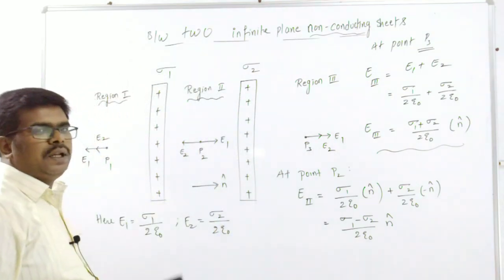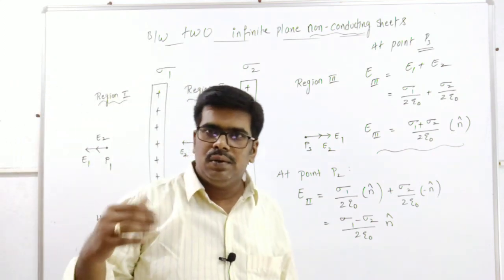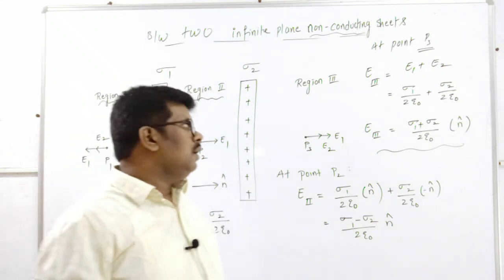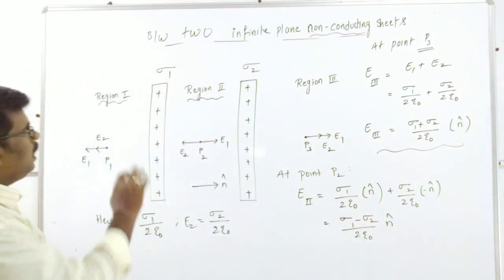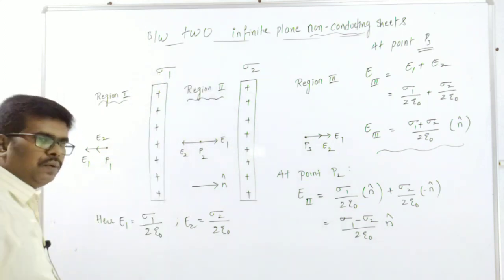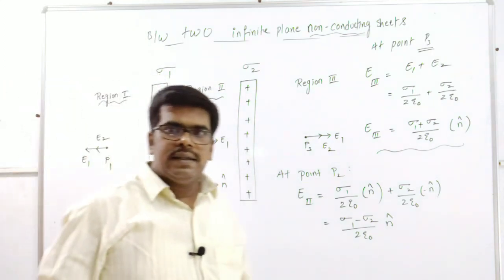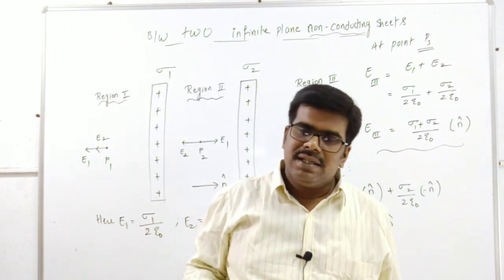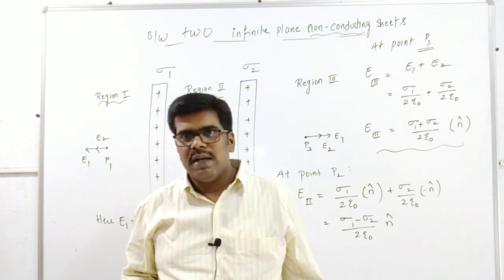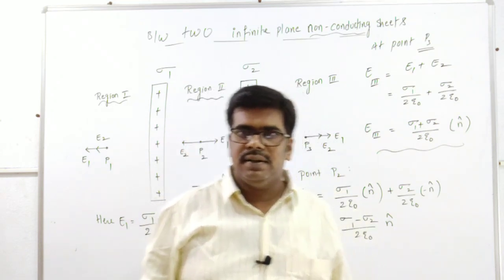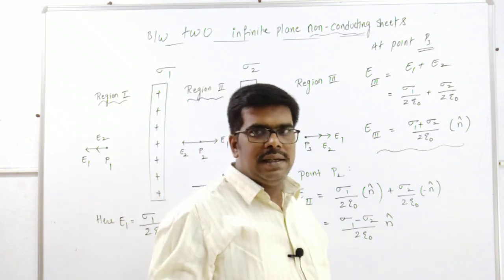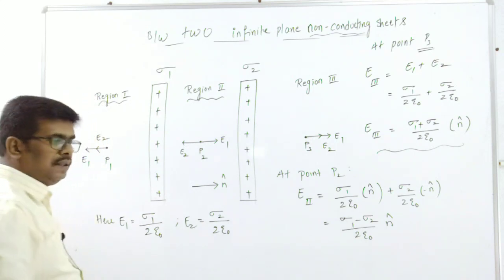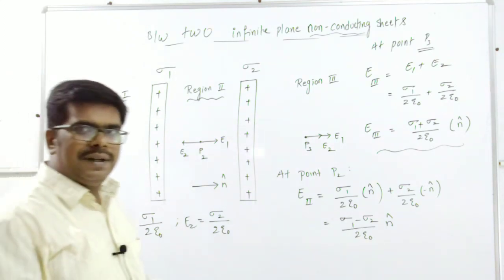So like this you need to determine the electric field intensity due to infinite charged non-conducting sheets. Later we will go for different charge densities. In case one sheet is positively charged with charge density sigma, and another one has the same charge density but negative charge, then what is the electric field intensity in regions 1, 2 as well as 3? Now we are going to discuss that.